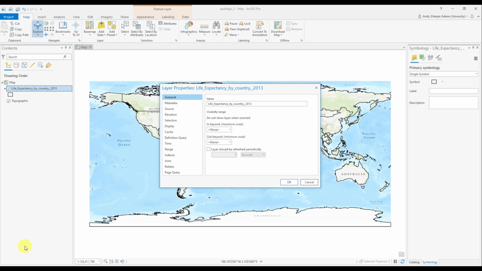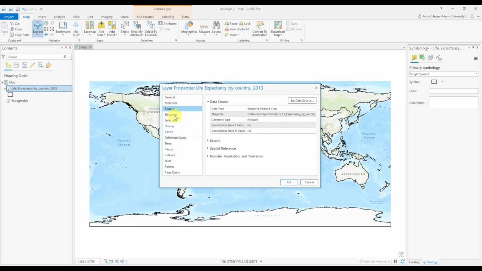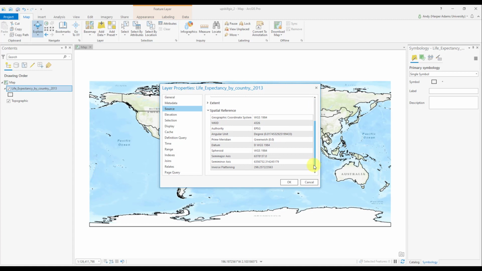If you're in Word, for example, it's some information about the document. In ArcGIS Pro, it's no different. It's giving you information about the map layer. So what I'm interested in is if I go to source, okay, and then I go to spatial reference, this is some really important information because it's telling me that this map is in something called a geographic coordinate system called